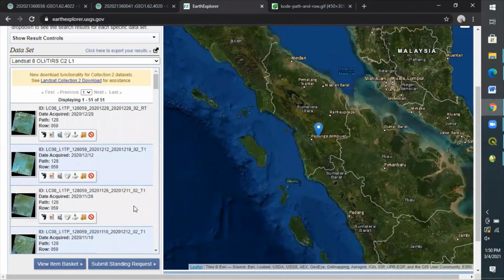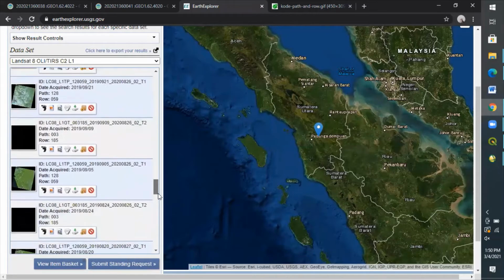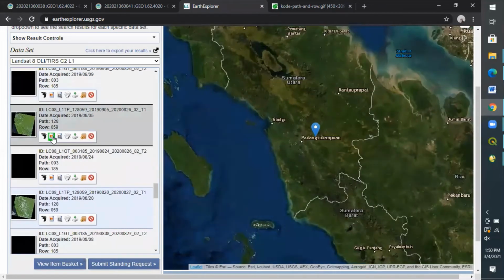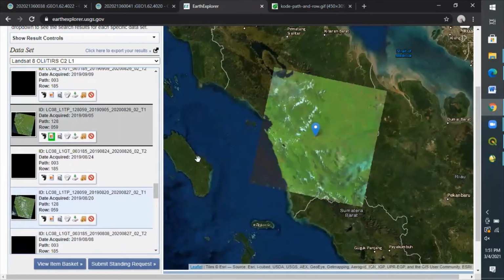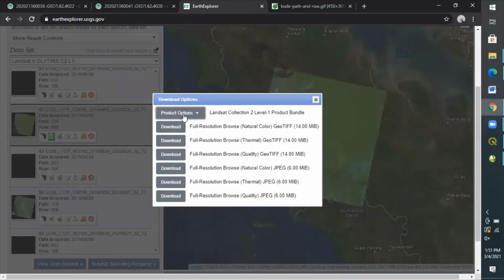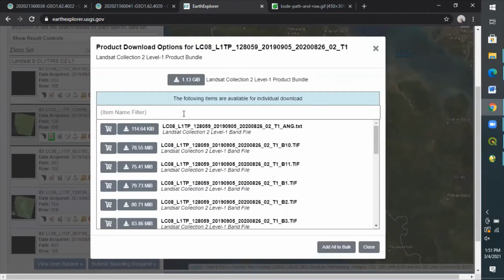Okay, for checking the imagery quality of the data that you choose, you can click the show browse overlay option like this. And if you find the proper imagery data that matches your criteria, click the download option. And to get the complete product, just click one of the options above over here, and then download the one in here. And you will have your Landsat imagery files with the complete items in them.